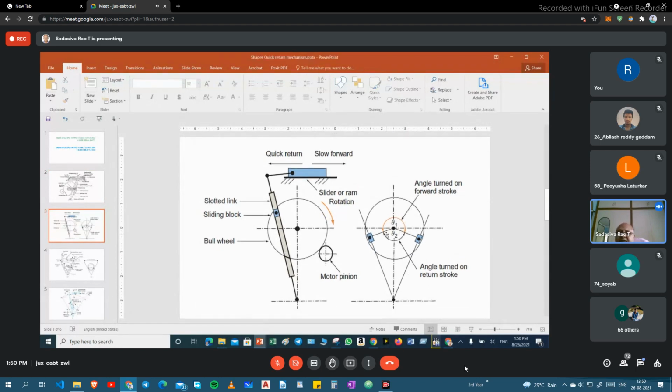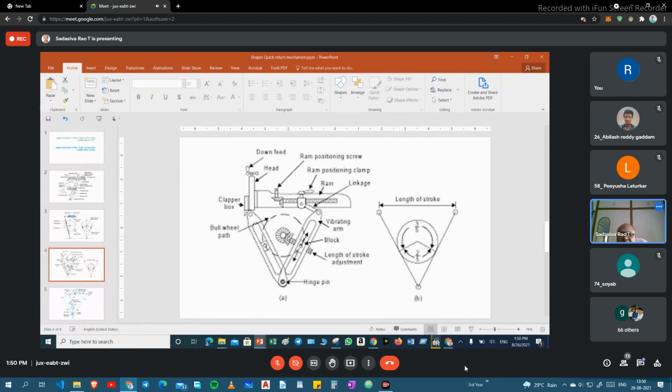But for traveling this more time, that is for the cutting stroke, time is more, and this is the return stroke. Up to here, return stroke, that is theta 2, machining time is less. This is the quick return mechanism.